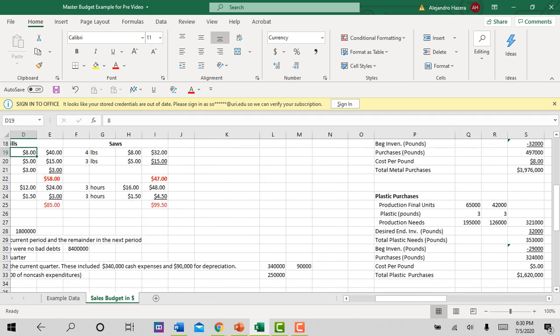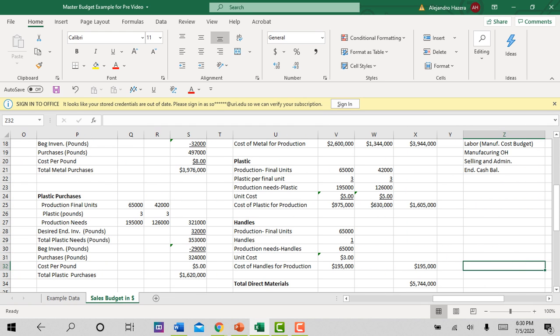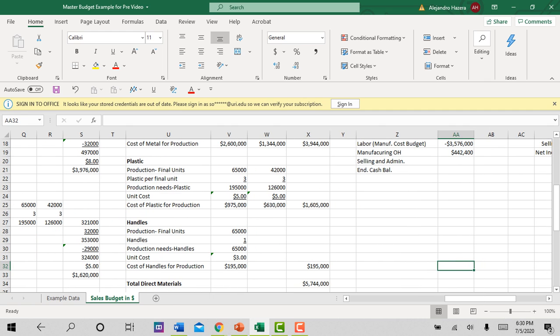The place that I'm getting the 156 from is that of the fixed manufacturing overhead, 156 is for non-cash expenditures, so that cannot be considered a cash outlay. So that's why I'm pulling the 156 out. So I'm taking basically, for my manufacturing overhead,